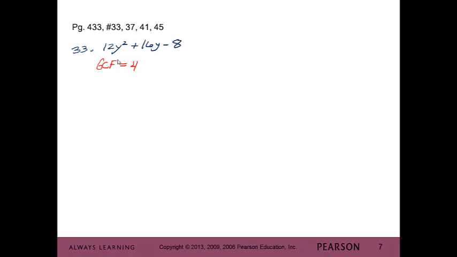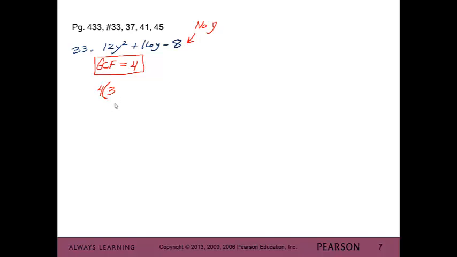And then I want to take the smallest exponent. Well, I have a y squared, a y, and there isn't a y here. Therefore, my GCF is just 4. Remember, the lowest exponent would have been the 0. Since there is no y, the smallest exponent is 0. So there's my GCF. So then remember, write your GCF, open your parentheses, and we're going to divide 12 divided